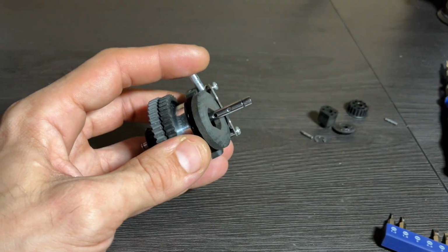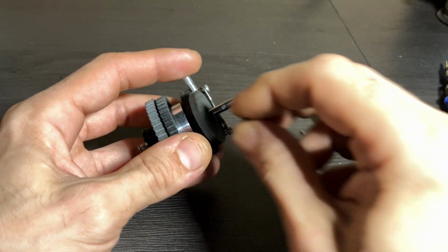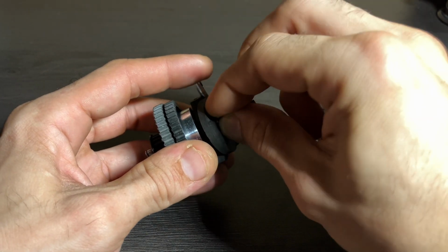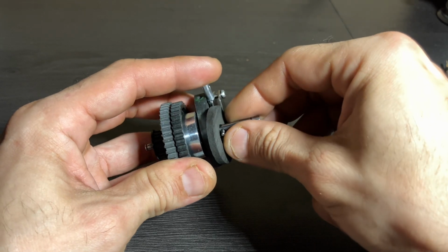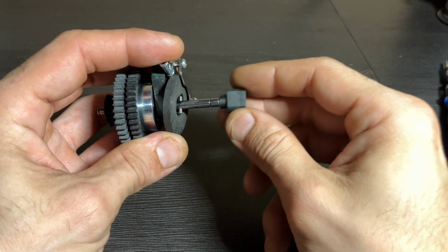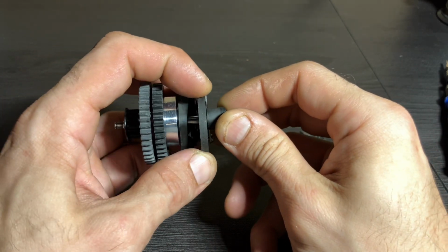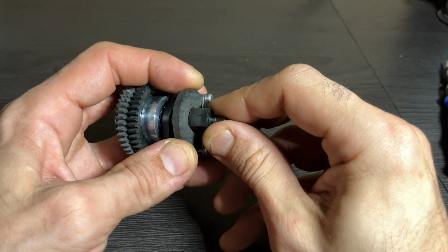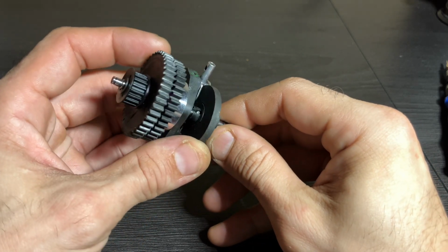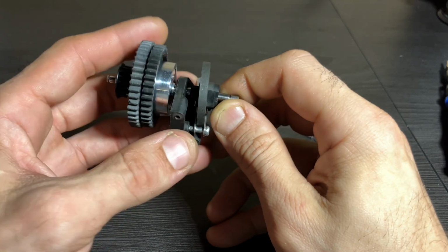Okay, so we're gonna pop the pin in now. So that's gonna go into the inner hole. And then we're gonna pop this piece on here. Remember, there's a split there and you want that to go into there. Turn your brake till it slides on. And remember, you want that pin to disappear